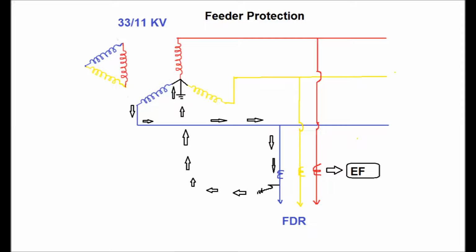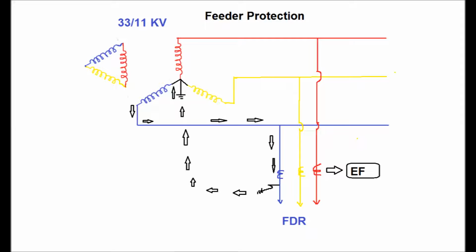So in this figure, a fault occurs in the blue phase, so this earth fault current will enter the earth and it will enter the neutral point and come to the blue phase of winding and come to the feeder at the fault point as shown in this diagram. So in this case, the earth fault relay will actuate and trip the circuit breaker